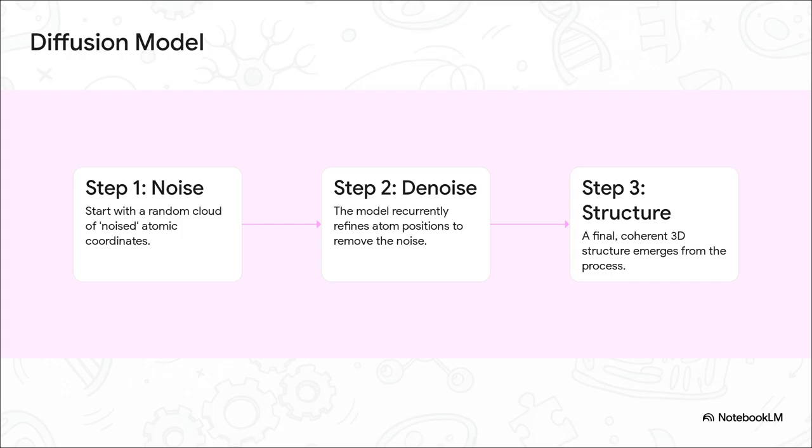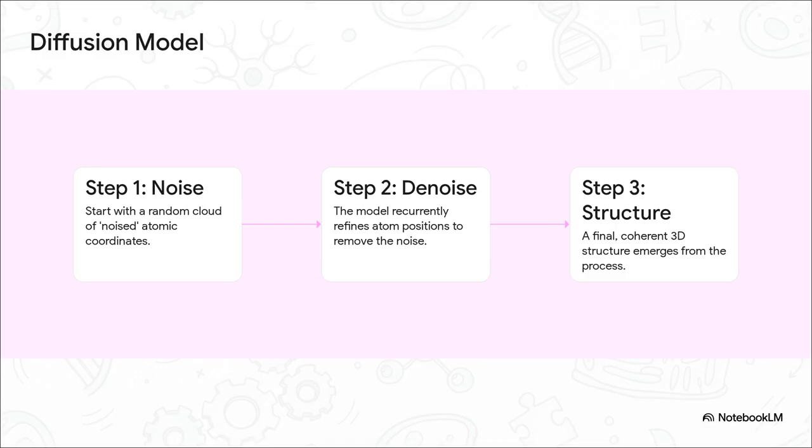Okay, so the technique is called a diffusion model. Here's the best way to think about it. Imagine you start with just a random cloud of atoms, a total mess, like in step 1. It's just noise. Then the AI starts to work on it, almost like a sculptor looking at a blurry photograph and slowly bringing it into focus. It repeatedly refines the positions of every single atom, step by step, denoising that random cloud until, poof, a clear, coherent 3D structure emerges. It's basically learning the fundamental rules of chemistry and biology to figure out what that final